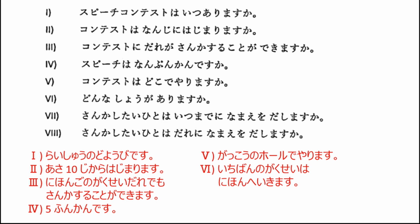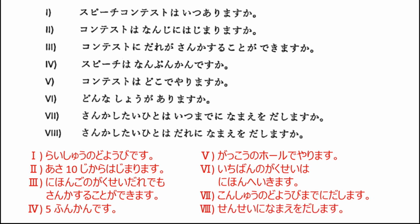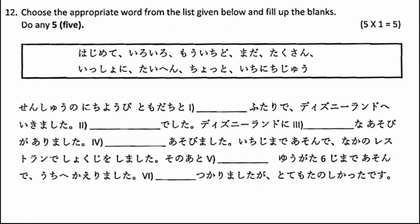The seventh question is, 参加したい人はいつまでに名前を出しますか？ Since those who want to participate will have to give their names by this Saturday, the answer will be 今週の土曜日までに出します。The eighth question is, 参加したい人は誰に名前を出しますか？ Since those who want to participate will have to give their names to the teacher, the answer will be 先生に名前を出します。